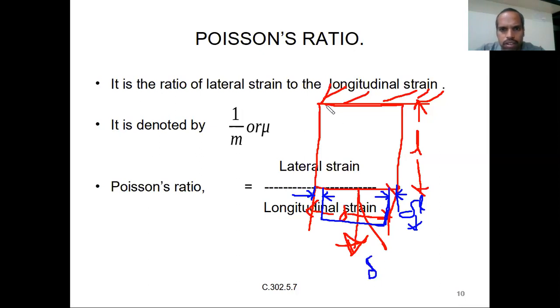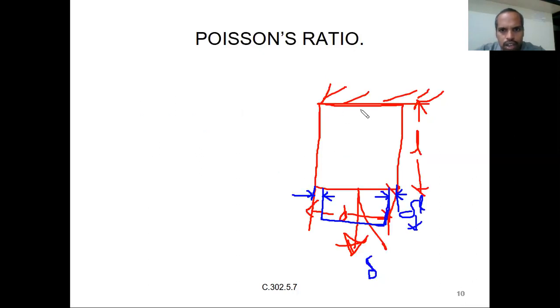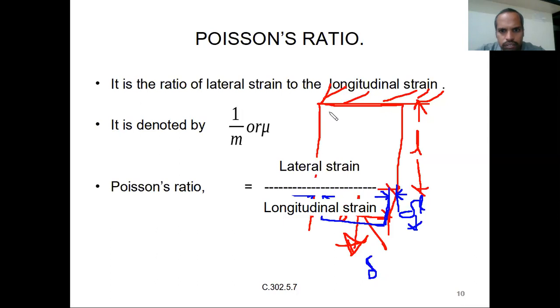So it changes. For understanding purposes, I can draw it in another way. It will be like this. This will be nothing but delta D. If an axial load is there, it will act on both sides equally, but for understanding purposes I am showing only one side. Don't get confused with that. So this is nothing but delta D, and this is nothing but delta L, right?